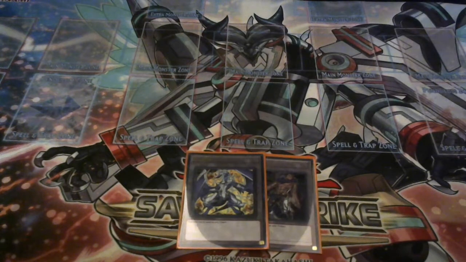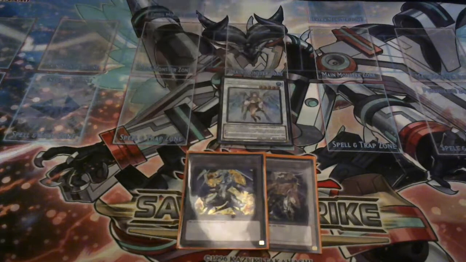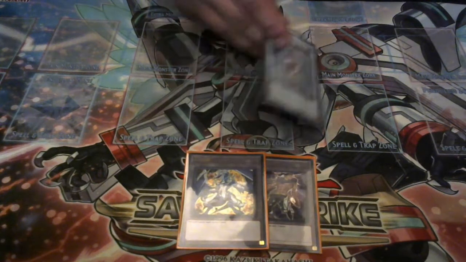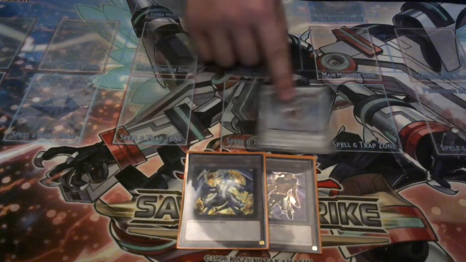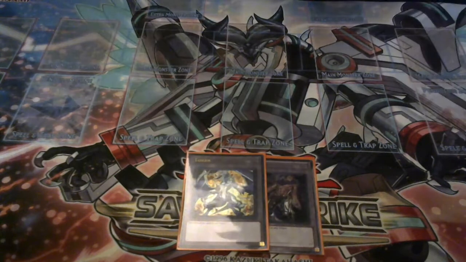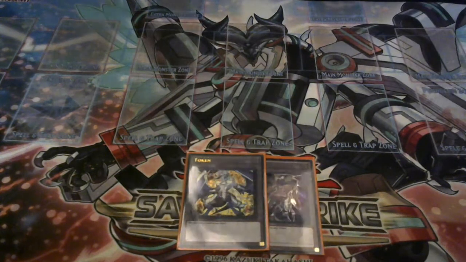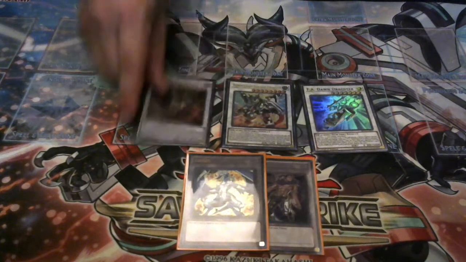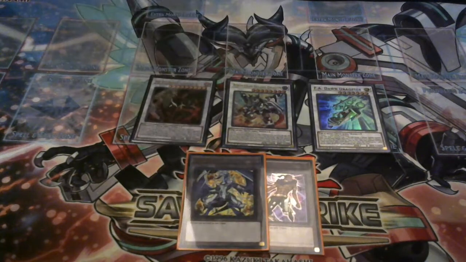You do run Ib as the only Synchro 5 because this basically allows you to go for a combo piece. It's just the main combo engine piece that you need for your deck. Then for the negates, you do play F.A. Dawn Dragster, Warlord Savage, Hot Red Dragon Archfiend Abyss. Hot Red Dragon Archfiend Abyss is just for